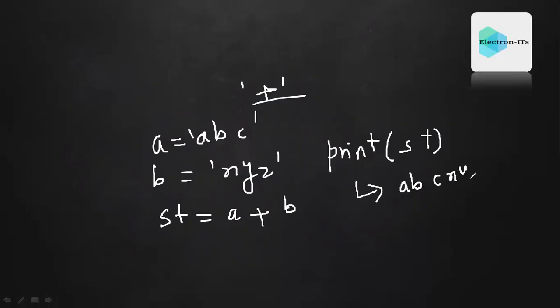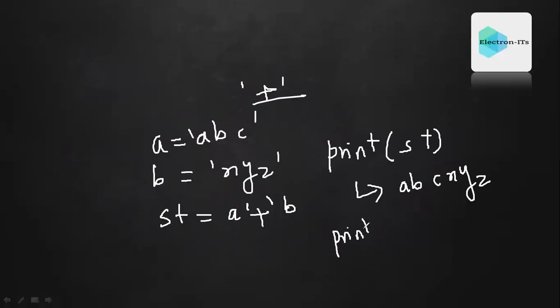ABCXYZ. But we want a space between these two strings. Why ABCXYZ? Because ABC is stored in the A variable and XYZ is stored in the B variable, and we are using this plus operator in between. Because of this plus, these two strings are getting added. But if you want a space between these, we can do it like this: